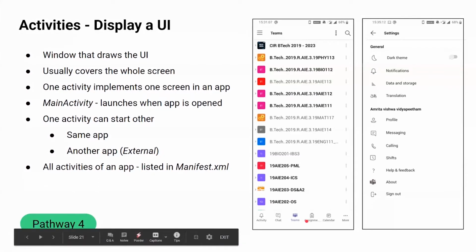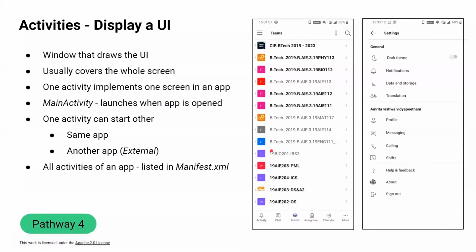Now, these activities could be of the same app, like we just talked about in YouTube's case, where the subscriptions tab and the trending tab are all in the same app. Or you could even open up external activities of another app. So this is what happens when you open any link from WhatsApp. If you get an Instagram link and you click on the link, the Instagram app opens up. Or even any YouTube link. Again, if someone sends you a link, you'll open up the YouTube app, or even if you try to open up a PDF, the PDF reader for your phone that you have installed opens up.